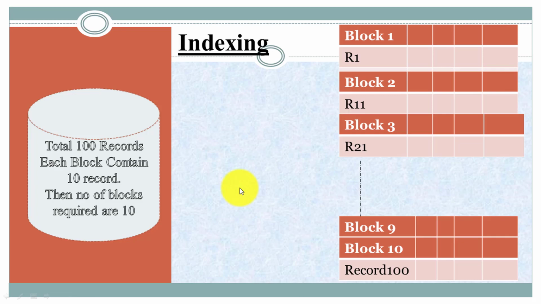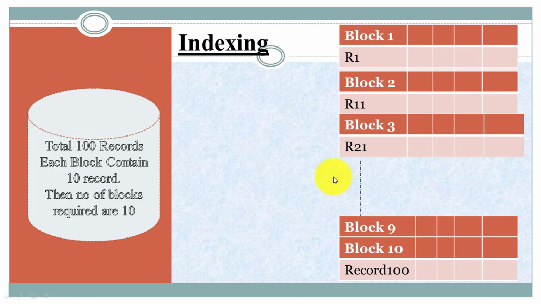Now we have to access this file, or access records from these blocks. One question arises here: whether we have to access this data file slowly or fast. Obviously we want fast access. To access this data file fast, we have one technique, which is indexing. So we can build an index for this data file for fast accessing of records. In a system there are a huge number of blocks, so searching takes more time to find a particular block.